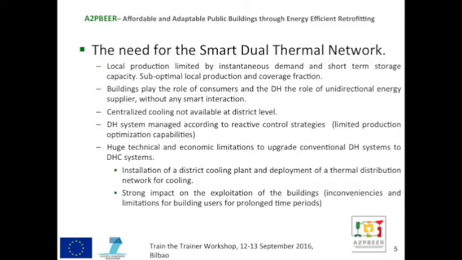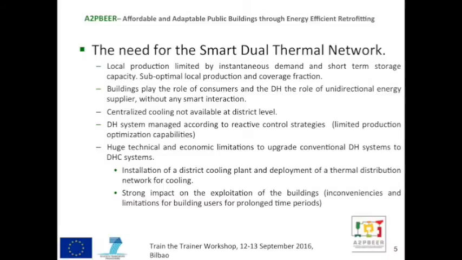Additionally, there is not any district-level centralized cooling production, and all the systems of the district heating system, I am referring to the district heating plant, the generators, the pumping groups, the thermal substations, and so on, are controlled according to reactive approaches. And finally, another very important technical limitation, according to traditional approaches, if we want to improve a district heating system